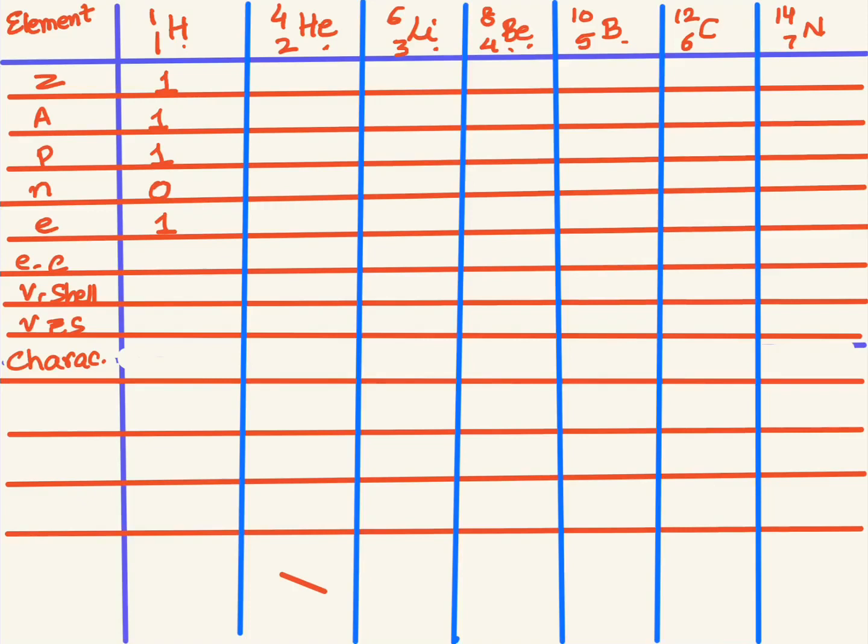Go ahead, pause the video. I'm not running away anywhere. Try marking all these 5 values for these elements, because after this I'm going to give you the atomic number of the next 13 elements as well. Go ahead, try it. Unless you try it, you will not be able to understand. Again, you'll keep getting confused.